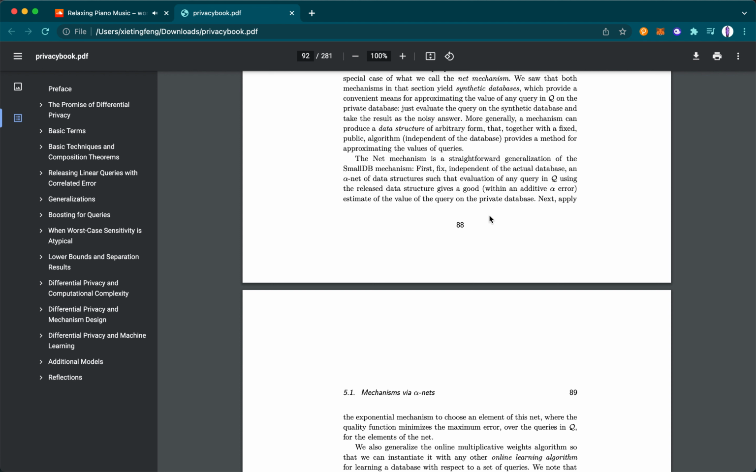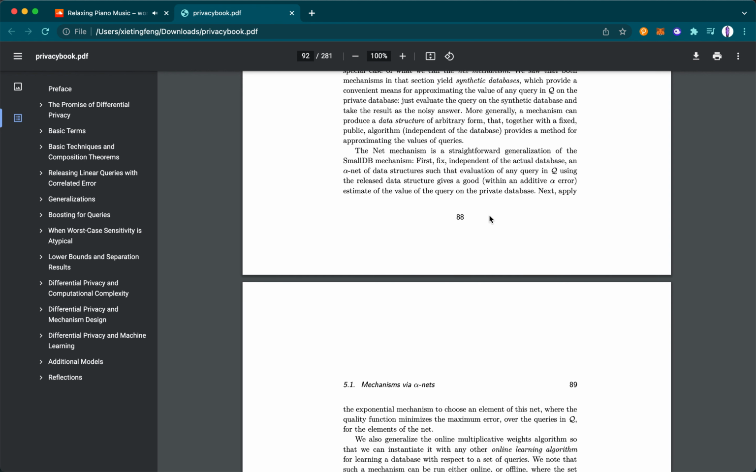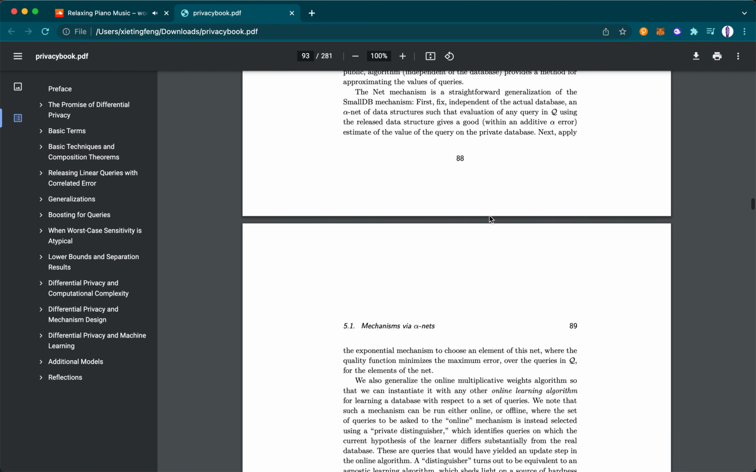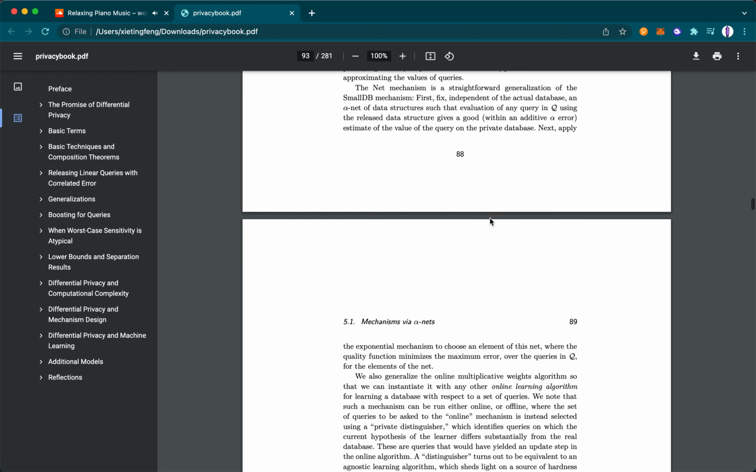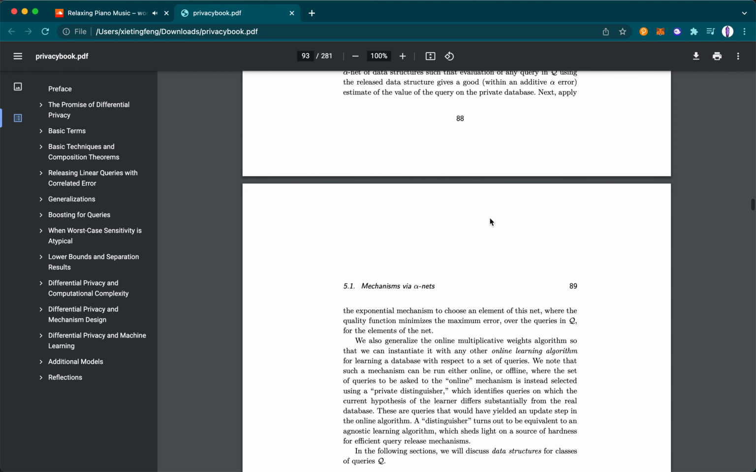More generally, a mechanism can produce a data structure of arbitrary form that, together with a fixed, public algorithm, independent of the database, provides a method for approximating the values of queries. The net mechanism is a straightforward generalization of the small DB mechanism. First, fix, independent of the actual database, an alphabet of data structures such that evaluation of any query in Q using the released data structure gives a good estimate, within an additive error alpha, of the value of the query on the private database. Next, apply